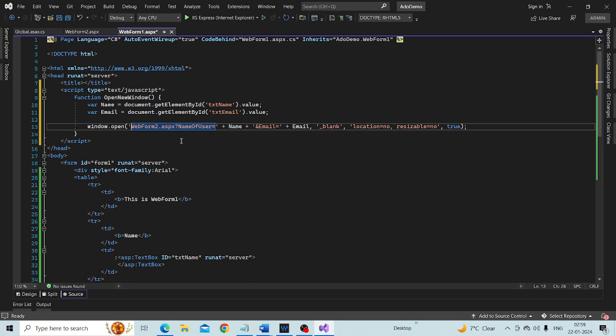Question mark indicates the beginning of the query string. Okay. So I'm going to use the query string question mark. This question mark indicates the beginning of a query string, and I am going to call this maybe a name of user. Name of user, or you can just say name, whatever you want. So name of user is equal to,